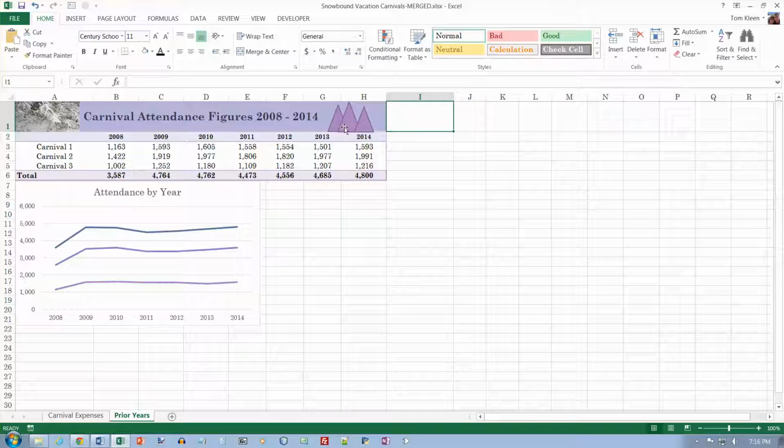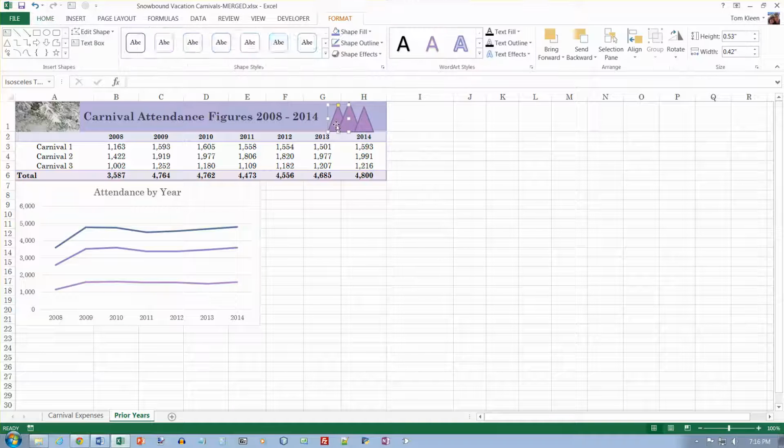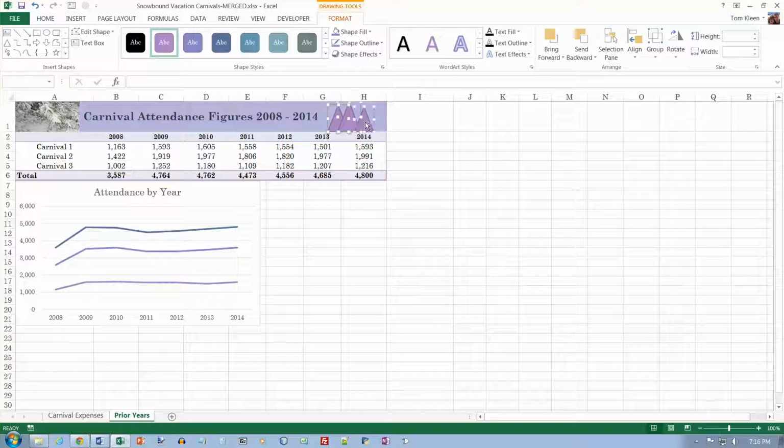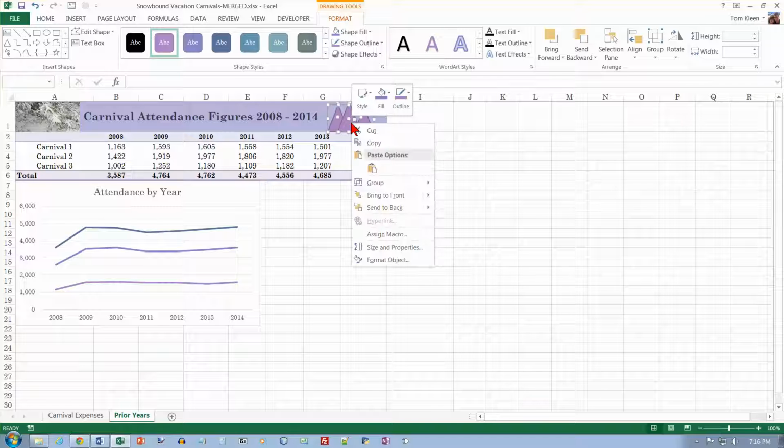And now I want to select all 3 of them, so do a Control click on all 3. And then I want to right click and choose, and this one's real touchy. If you don't get the right menu, just try it again. Right click and choose Format Object,